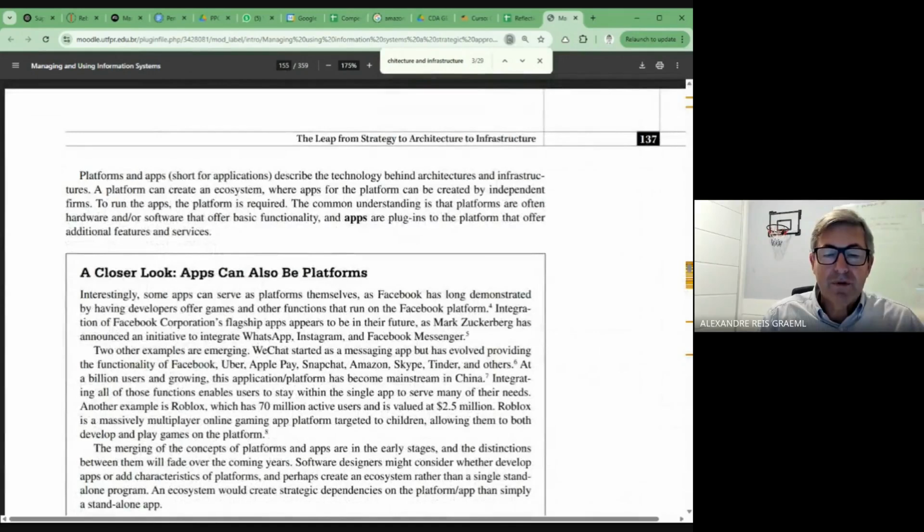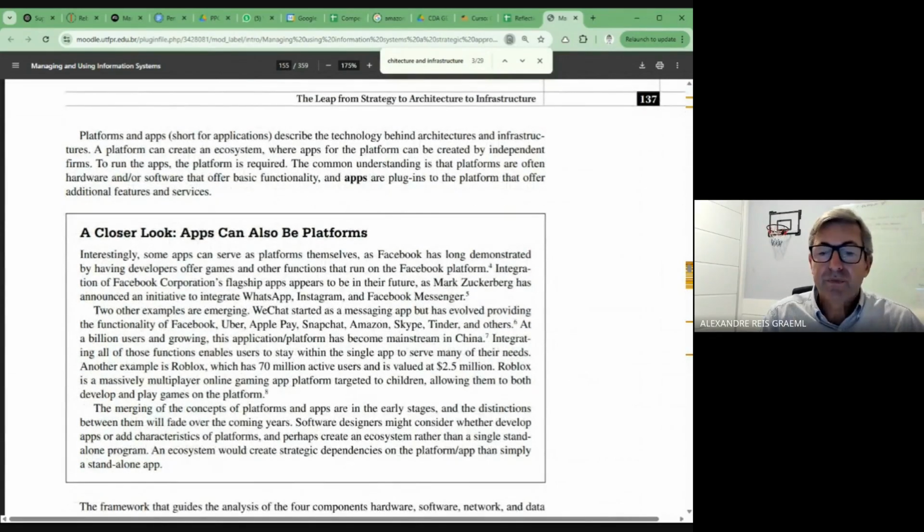Platforms are many times hardware and/or software that offer basic functionality, and apps are plugins to the platform that offer additional features or services. But notice that sometimes these apps themselves become, or could become, a platform, which is interesting. It shows then some interesting tables